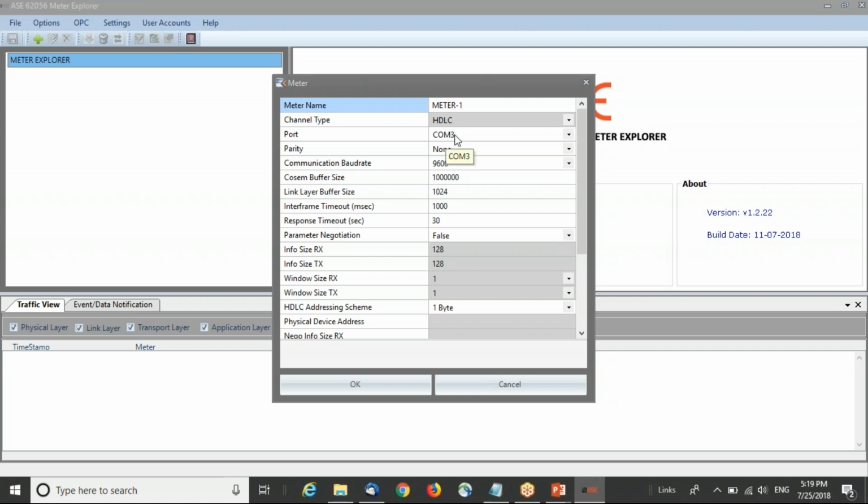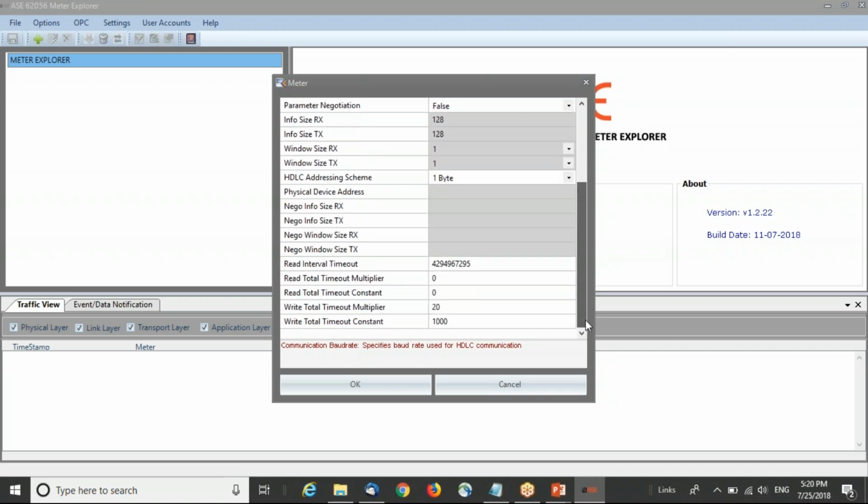So here, for a serial communication, what you need to particularly take care of is that the serial port shall be correctly configured. In my laptop, I'm connecting the COM3 of my laptop with the meter. And then you need to take care of the baud rate. You have to use the correct baud rate which the meter supports. My meter is supporting a 9600 baud rate. In most cases, the other settings can remain as default without any change. But if there is any special change required for your meter, you need to make the necessary changes in the other settings also. And click OK.